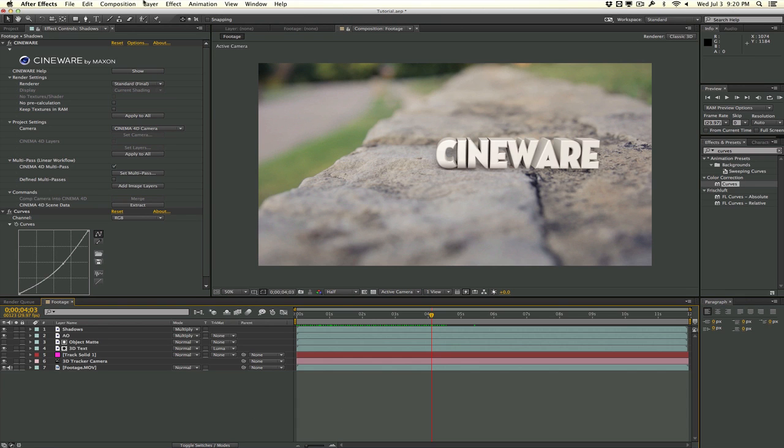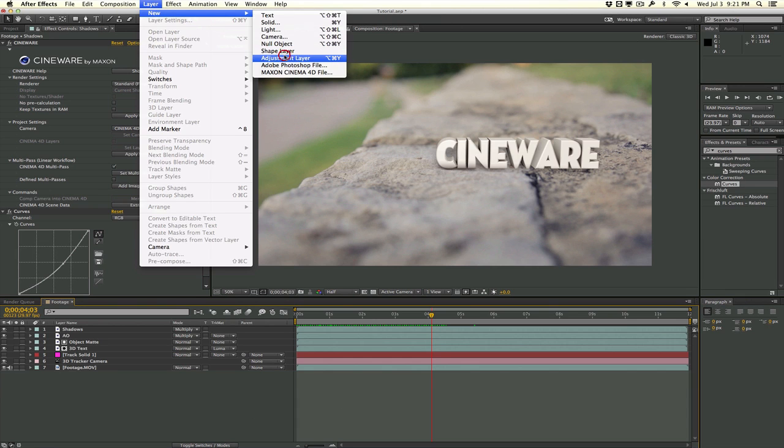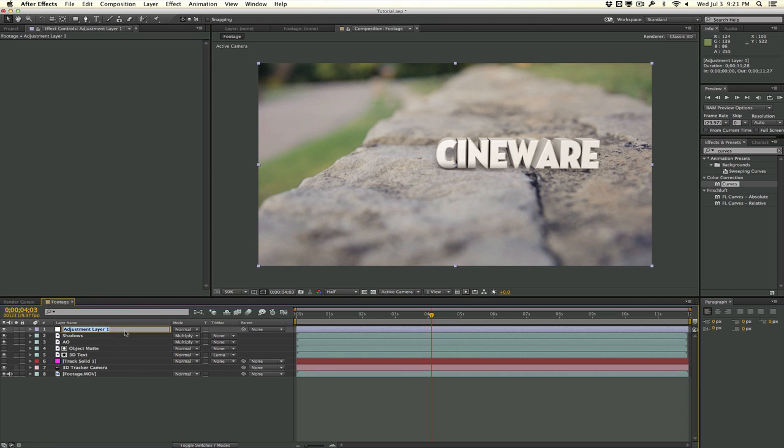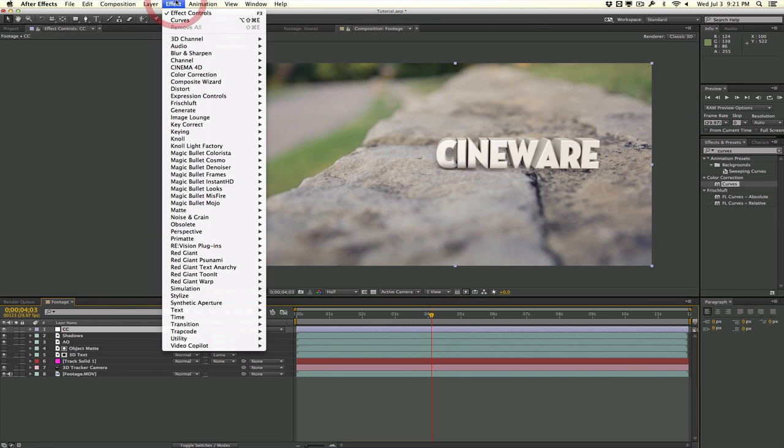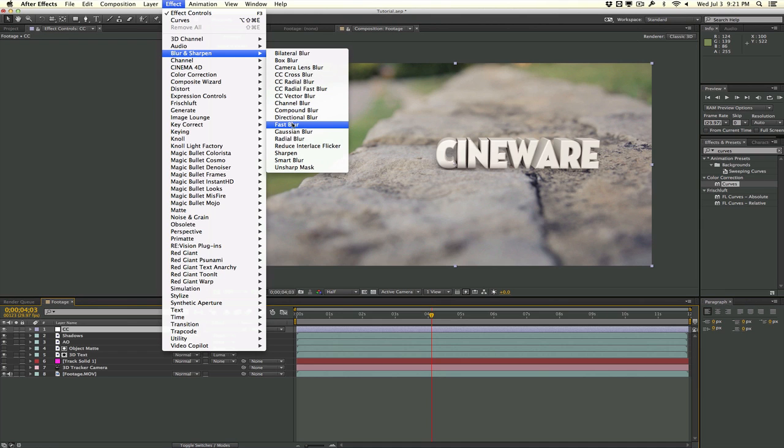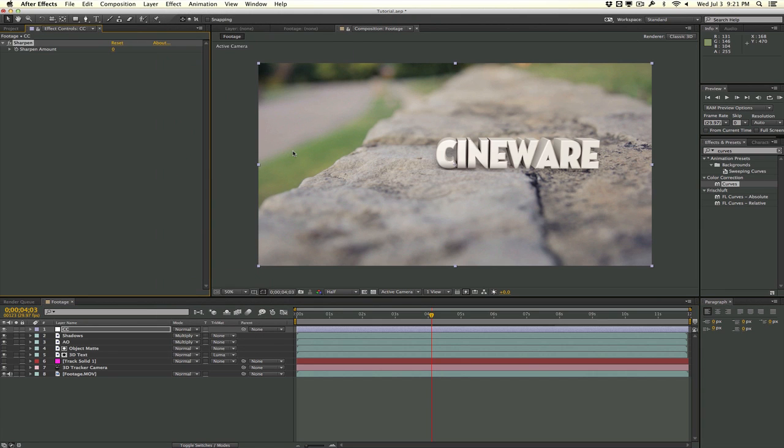I'm gonna do a quick adjustment layer, and we'll call this CC. And the first thing I'm going to do is add a sharpen to this thing. So apply sharpen. Again, this is rendered using a flat profile, so the sharpness is turned all the way down for the shot. So I'm going to set it to around maybe 6,